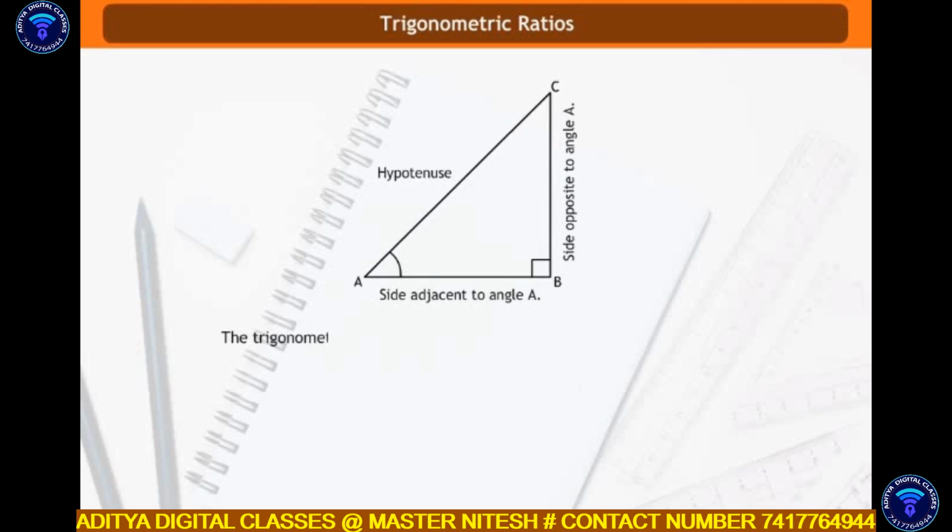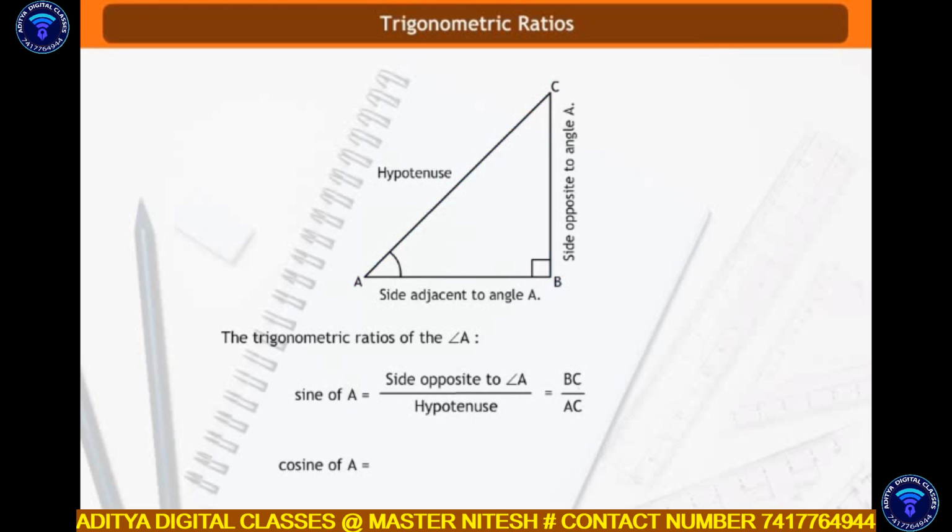The trigonometric ratios of the angle A in right triangle ABC are defined as follows. Sine of angle A is equal to side opposite to angle A divided by hypotenuse, or BC by AC. Cosine of A is equal to side adjacent to angle A divided by the hypotenuse, or AB by AC. Tangent of A is equal to side opposite to angle A divided by the side adjacent to angle A, or